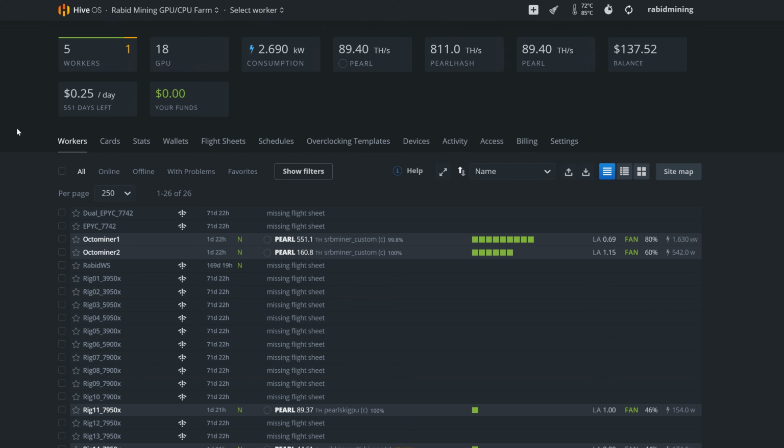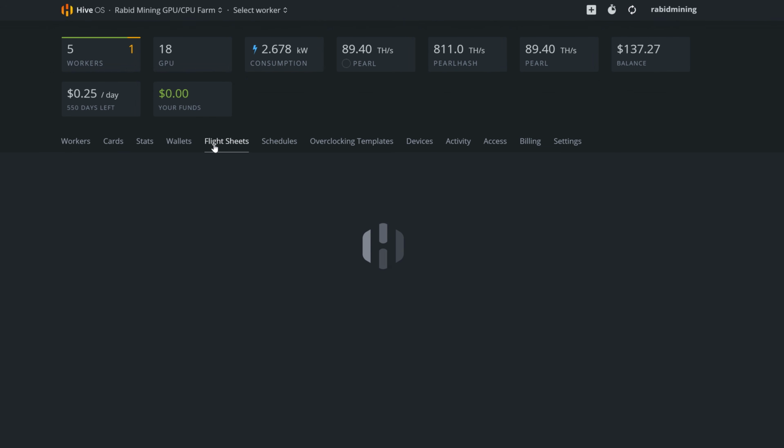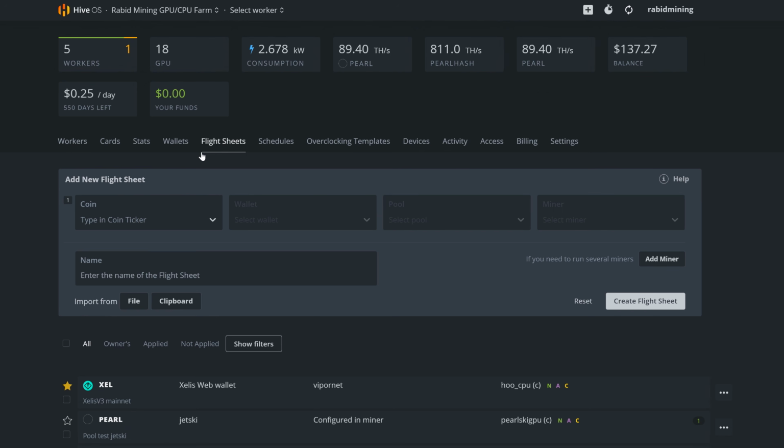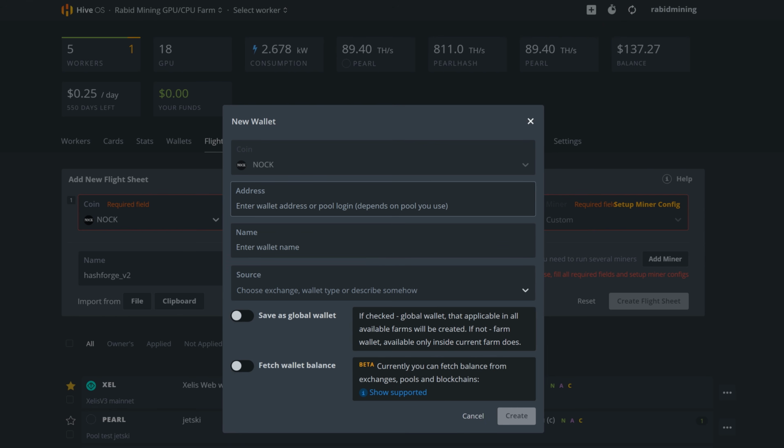I'm going to open up my HiveOS here. We're going to go into our default page, go to flight sheets. Let that load up. And now I'm just going to hit clipboard. We're going to click that and hit allow, and then it pasted everything in. So this is where I was talking about adding your wallet. Now I'm simply going to click add wallet right here, and paste my wallet address